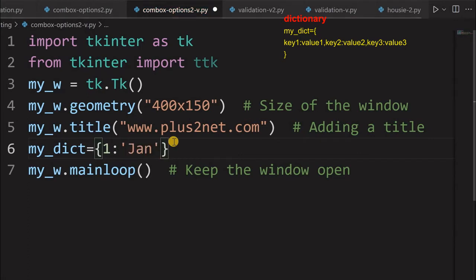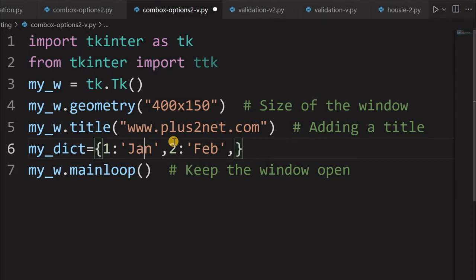So I'm giving Jan, now 2 is here. Feb is the string part, and 1, 2, whatever I am giving, is the key part, and the keys are not necessarily numeric. You can use ABCD also. If you are using ABCD, then you have to use strings like this.